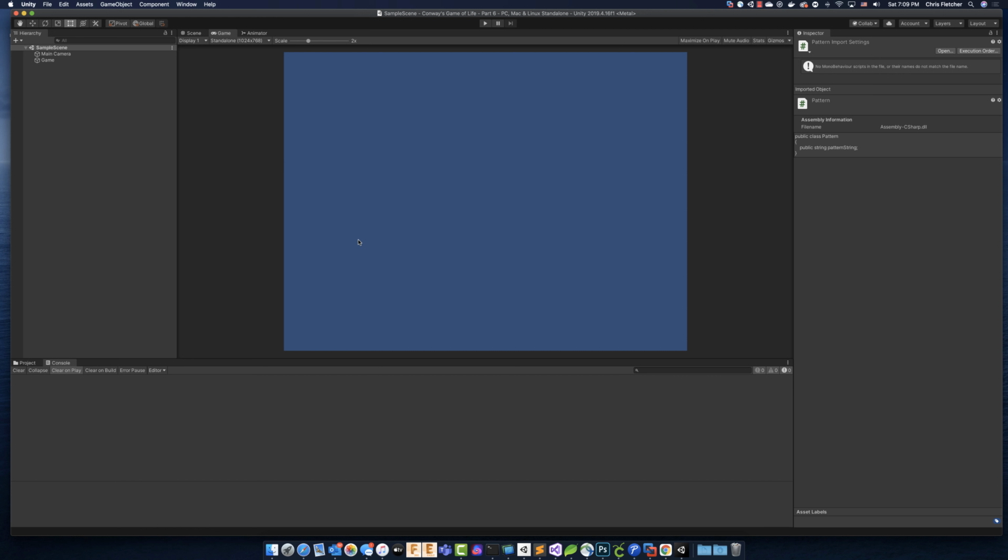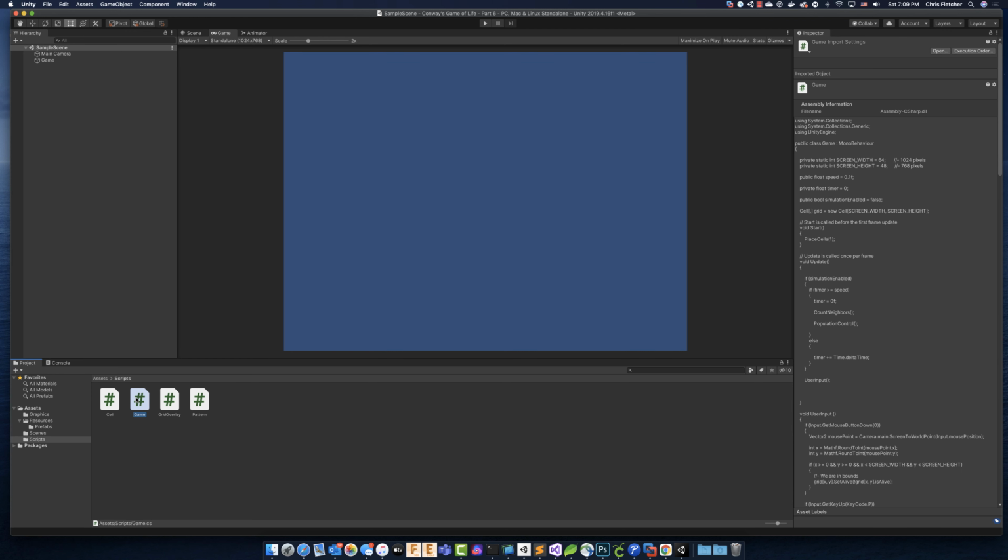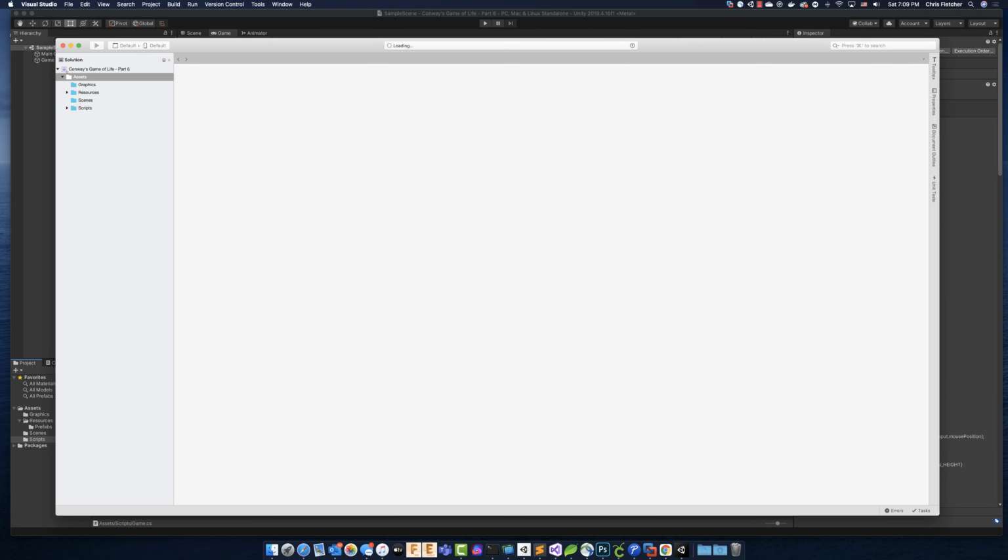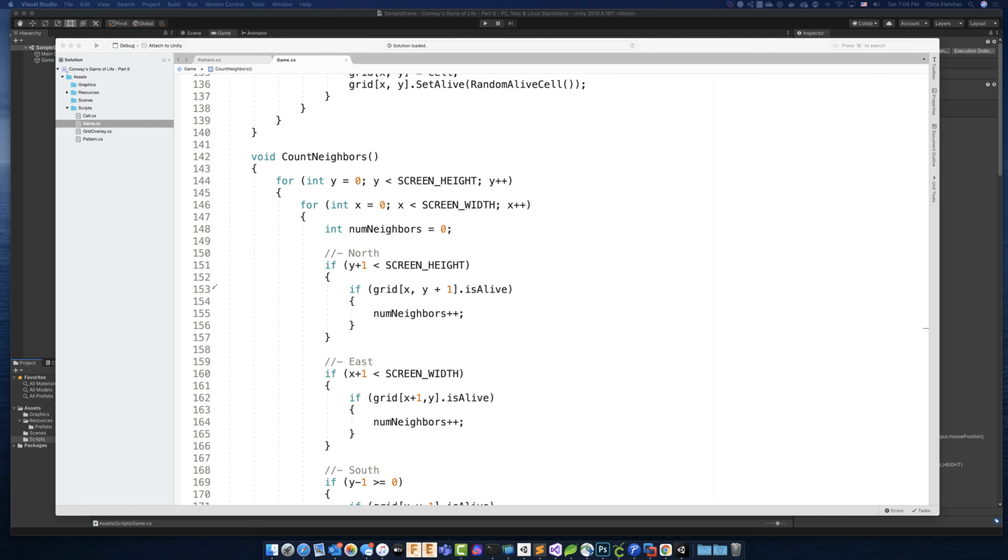So the next thing we'll need to do is decide how we're going to handle the saving and the serialization of our pattern class, and also how we're going to grab all the data off of our grid. So I'm going to say that all of this should be done in the game class. Okay, so now if we think about how we're going to go about saving this,